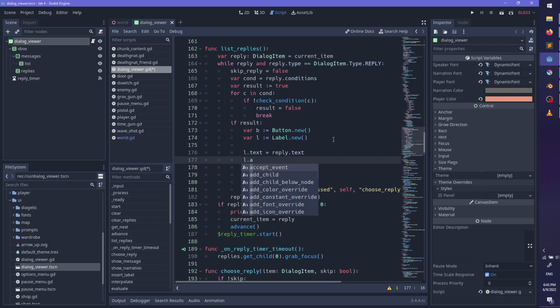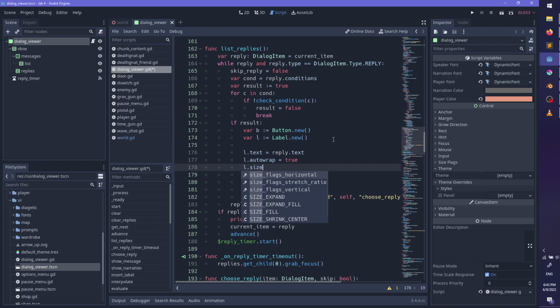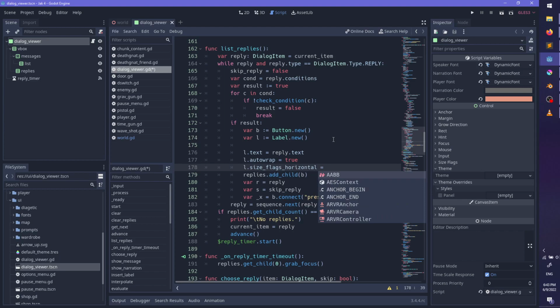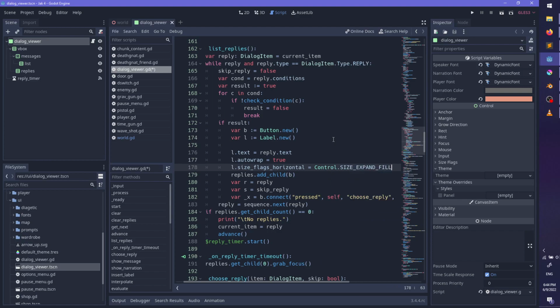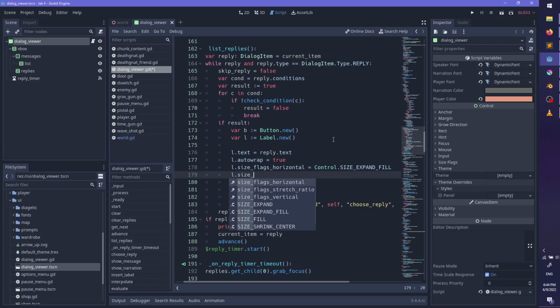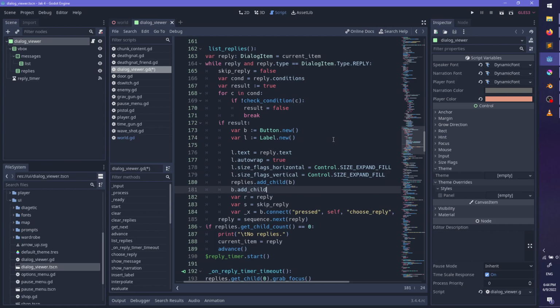L.autoWrap equals true. Size flags horizontal equals... okay.